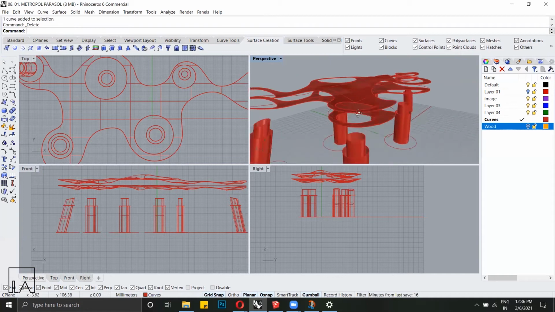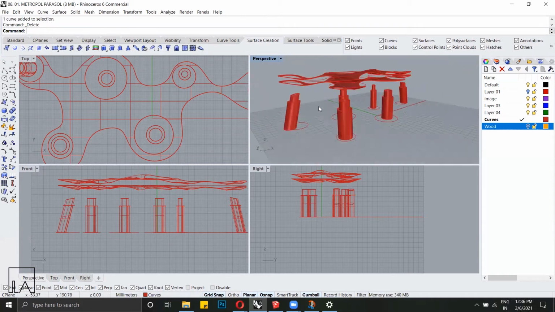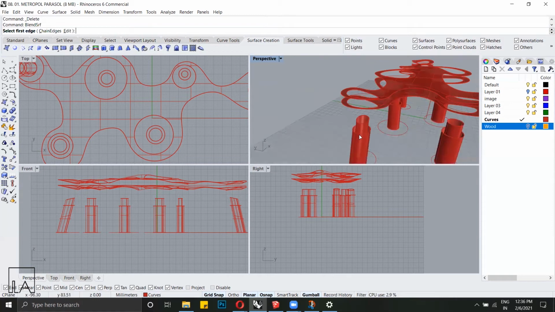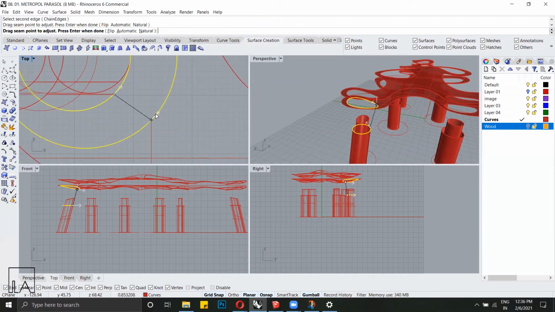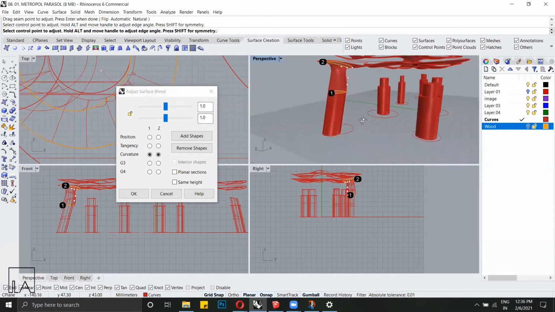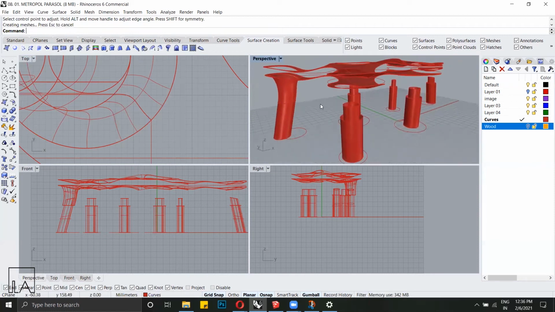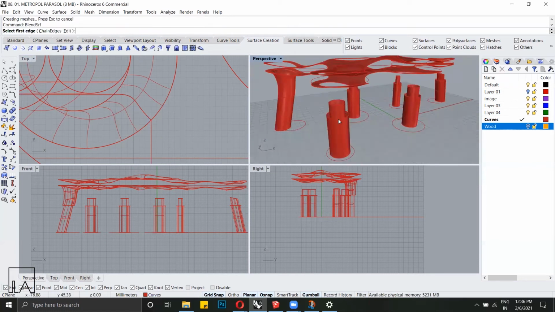And now all we are left to do is the blending of the surfaces. So if we type in blend surface, it comes up as an option. Now all we need to do is select the surface edges. Check if the lines are ideal. Then you can make the adjustments based on how you want this blending surface to be. And all you need to do now is just repeat the same function with the other curves as well.